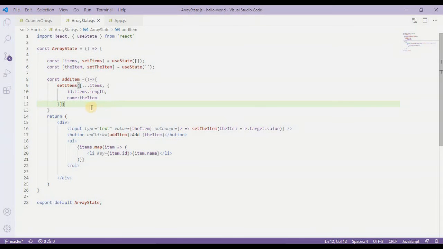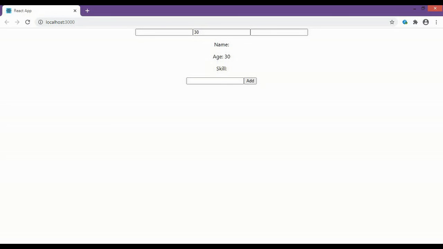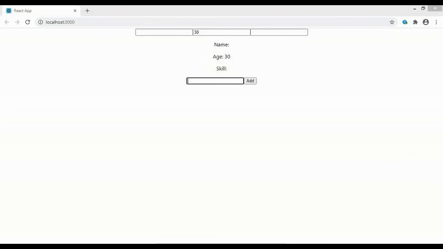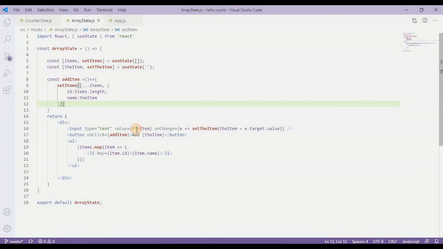Alright, so that's it. I hope it will work. If it doesn't work, we need to call some other hooks. So let's go back to our code and check how it is working. Now let's provide some values like fpill. Okay, it is not updating, so I need to fix that first. The item on change e set the item,